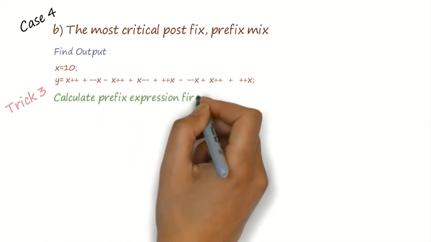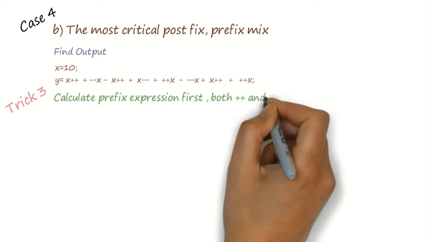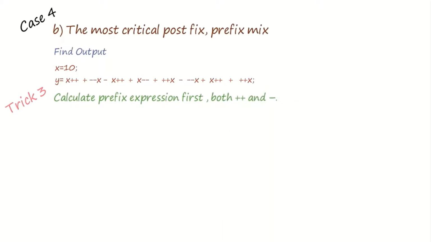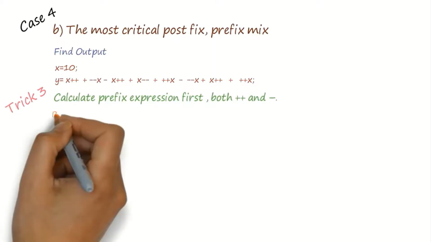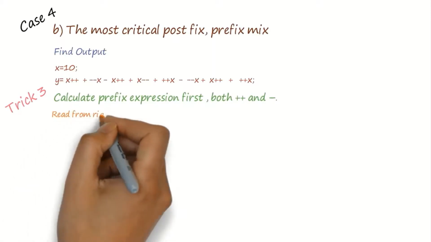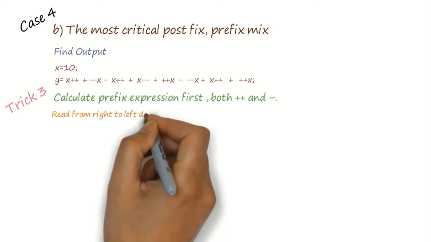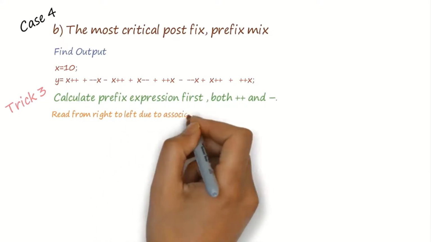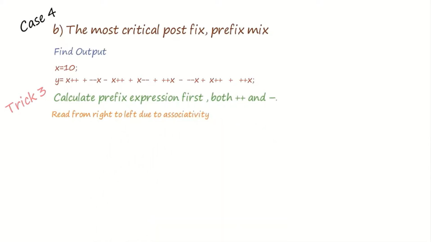In the given problem, you can see it is a mixture of pre and post increment and decrement operators. But calculating the value of y will be very simple. Always remember two things. The prefix operator will execute first and the associativity of the prefix is right to left. Though this problem looks so complex, using these two rules, the calculation is very straightforward.